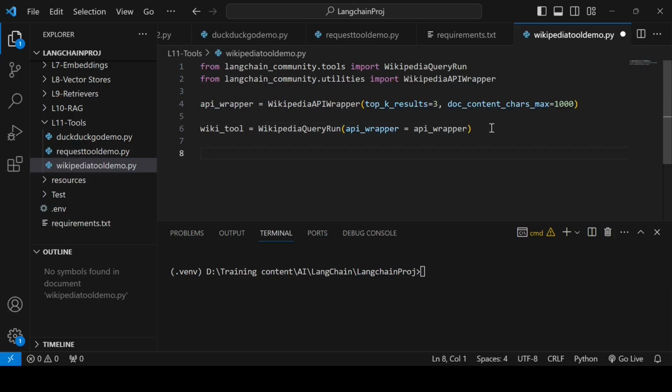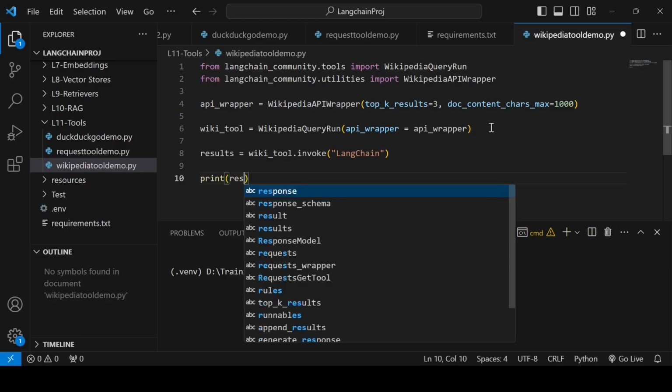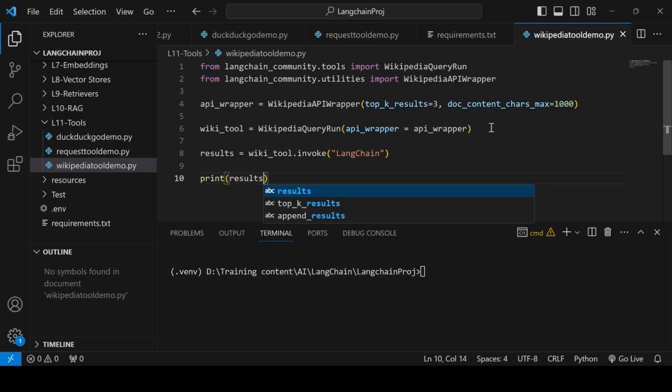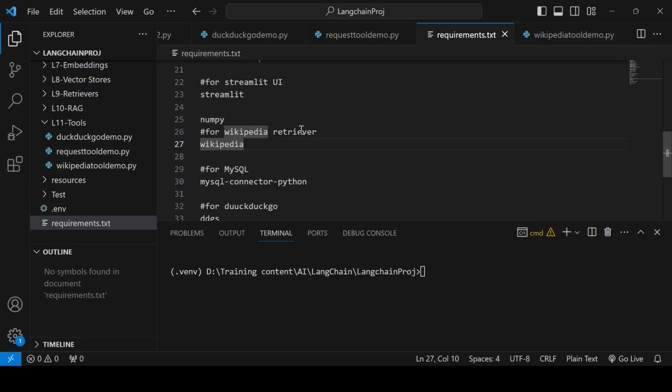Then I can invoke it. So results equal to wiki_tool.invoke. Let's search for LangChain. Then I can say print results. To run it, you'll also need the Wikipedia package. I already have that from the retrievers chapter.